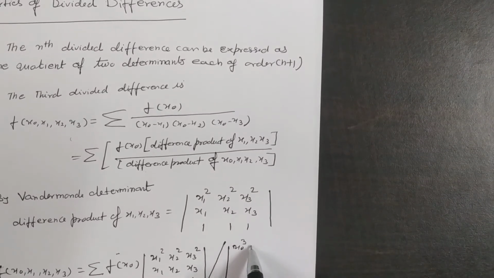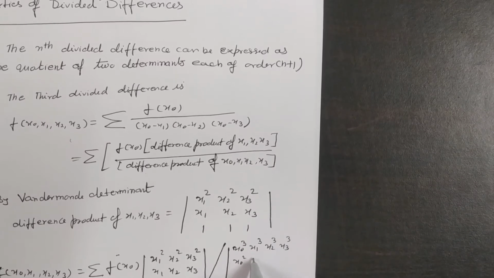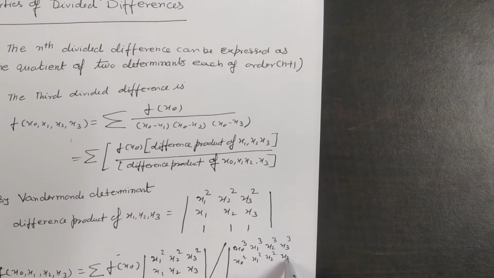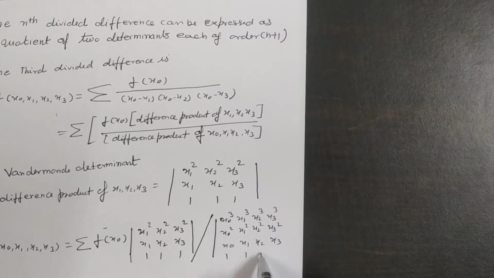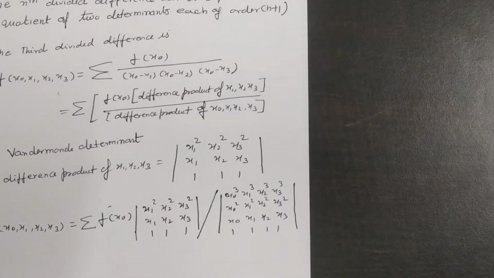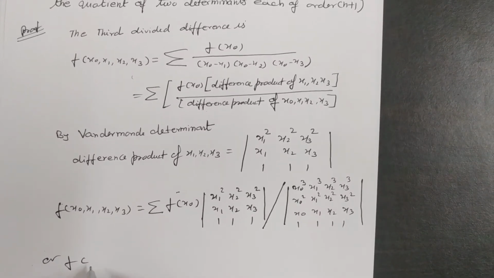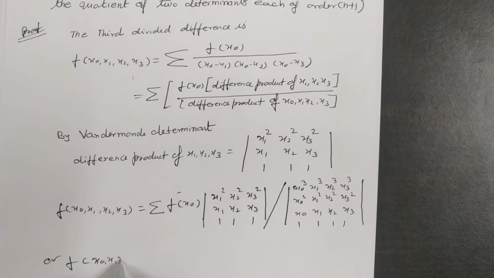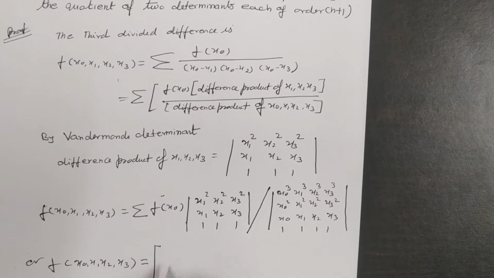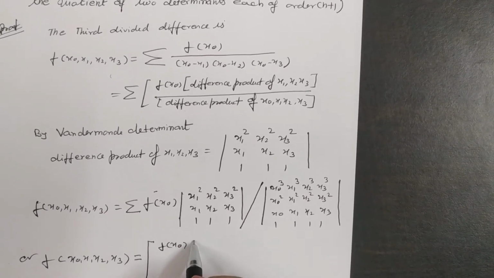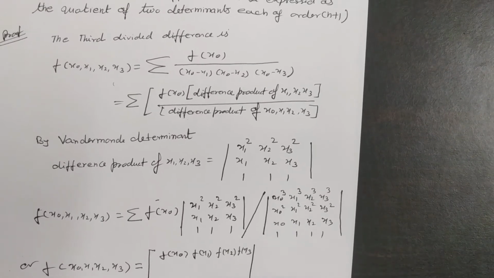so this can be written as x0 cube, x1 cube, x2 cube, x3 cube, yes, x0 square, x1 square, x2 square, x3 square; now x0, x1, x2, x3; 1, 1, 1, 1. Clear? Or this can be written as f of x0, x1, x2 and x3. This can be written as dividing this and this, or you can say that this can be f of x0, f of x1, f of x2, f of x3. This and divided by the determinant